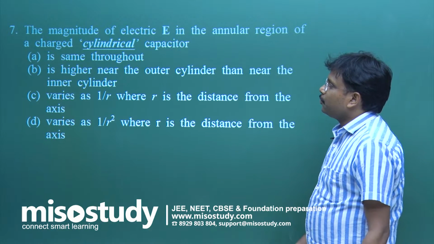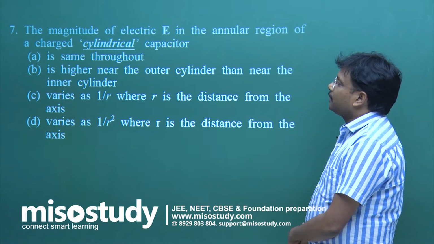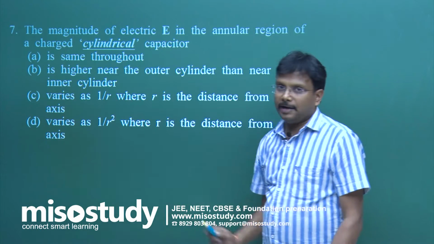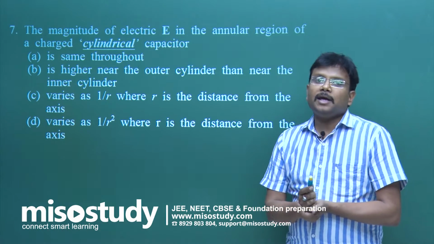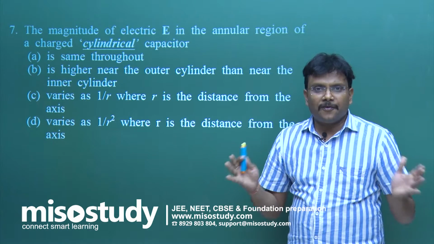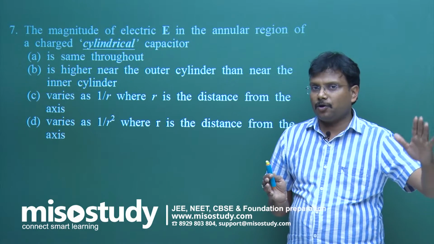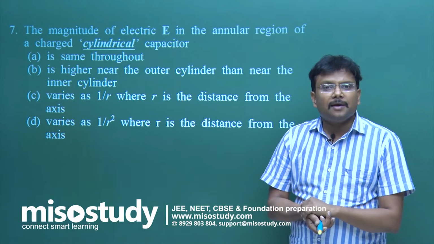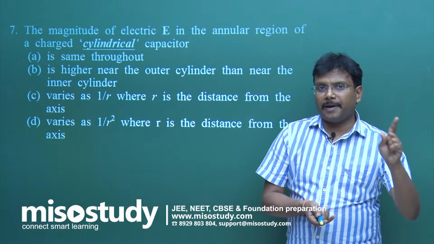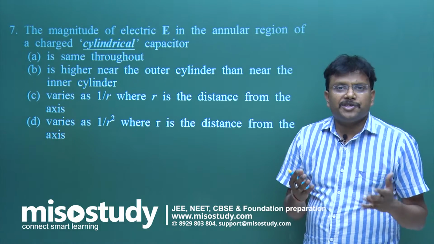Then comes this question: the magnitude of electric field in the annular region of a charged cylindrical capacitor. Now, this word cylindrical is underlined. Why? Actually, in your NCERT book, only the parallel plate capacitor is defined as such. Spherical, cylindrical, all these types of capacitors are not specifically mentioned for your course. But if you are preparing for any competitive exam, then you cannot be selective. If some correlated topics are there,